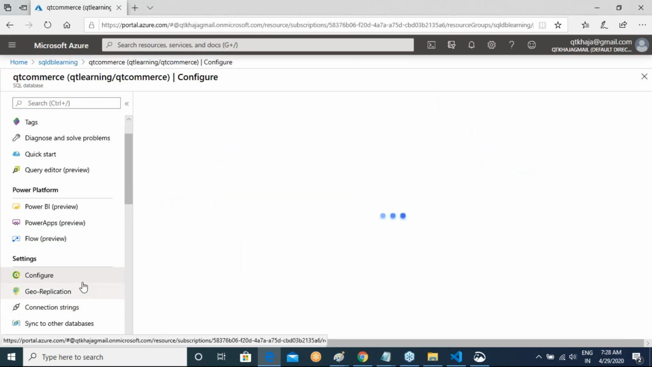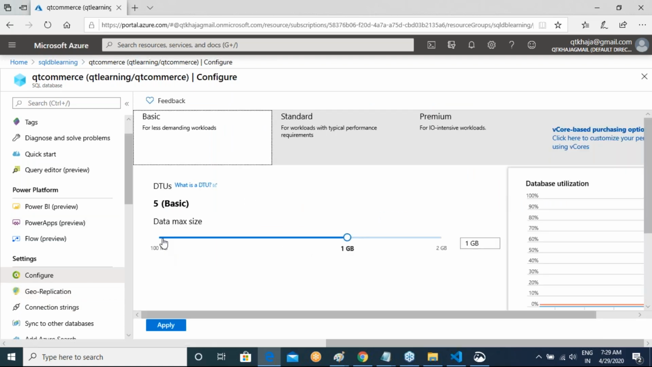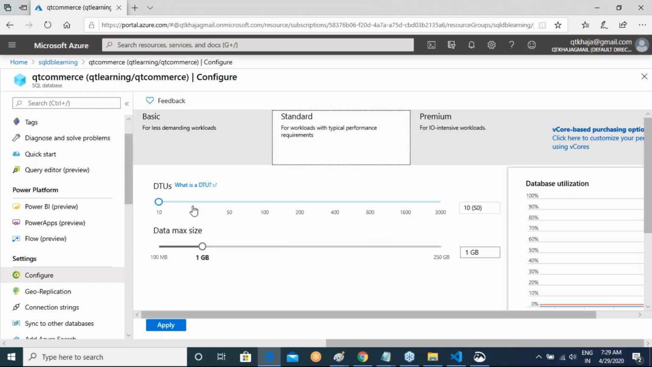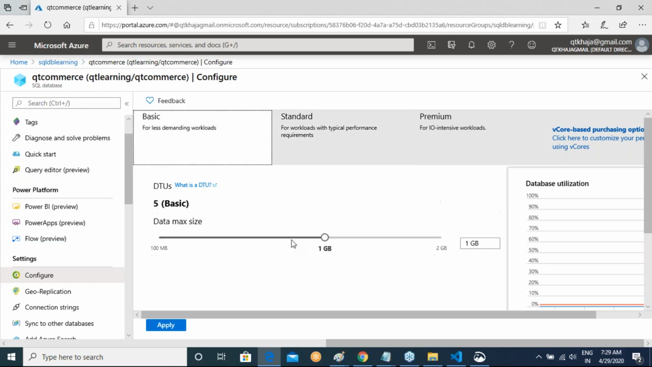if I click on configure, there is the basic tier which starts from DTU. So what is the DTU? I can increase the size. I can go to standard, and in standard I have DTUs from 10 to 3,000. I'm not going to apply any of this, but the whole point is